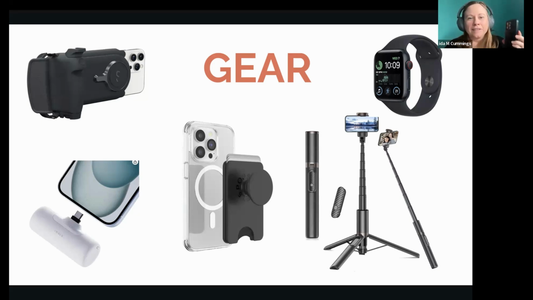The number one essential is that thing in the middle, the pop socket. I love this thing. This is a must, because if you're folding your phone like this the whole time, it's going to hurt your hand. Putting your phone into something that's comfortable on your hand is going to make a huge difference. The problem with a lot of these is they're stickers, and you just put the sticker on it. I highly suggest you get a case that's MagSafe, and get the MagSafe one, because it's going to allow you to easily take this off and put different things onto your phone.